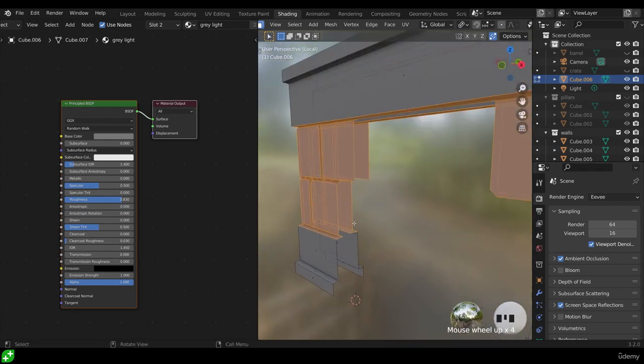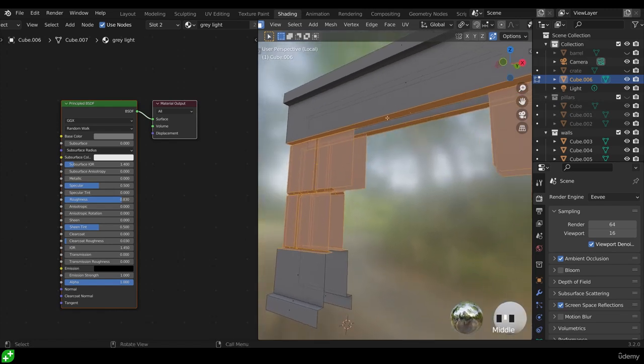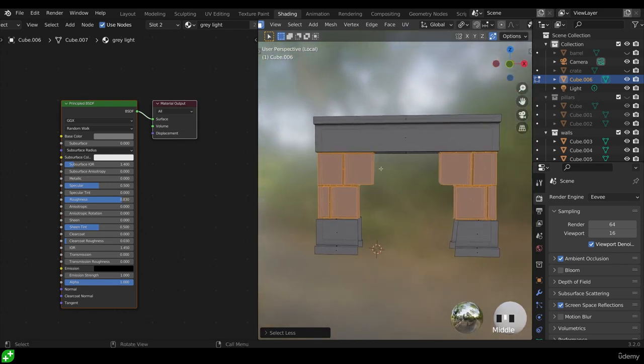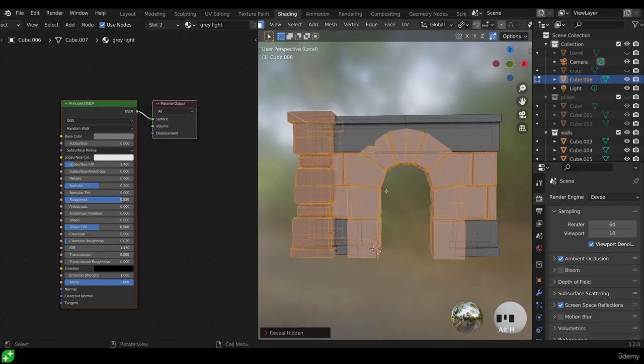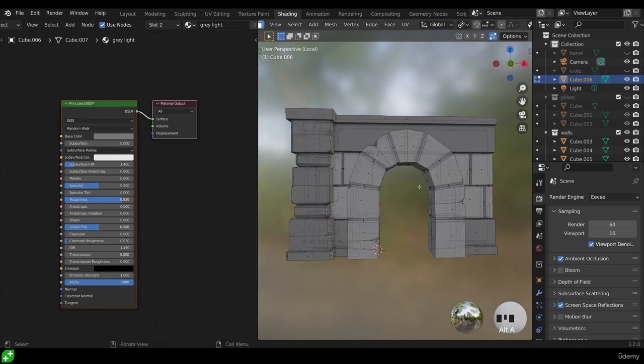Just remember there's those ledges just here and at the top, so I can press Ctrl minus to shrink my selection. So I've just got those bricks, and again, up to the top here, and assign those faces to the light grey. Alt H to bring back all my objects, Alt A to deselect all, and I'll select my door surround